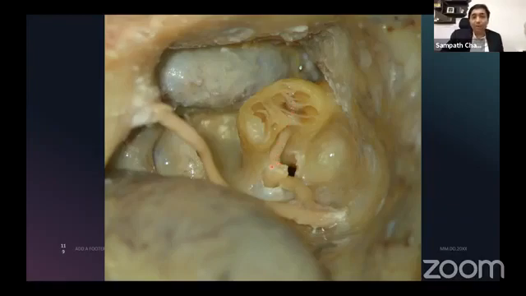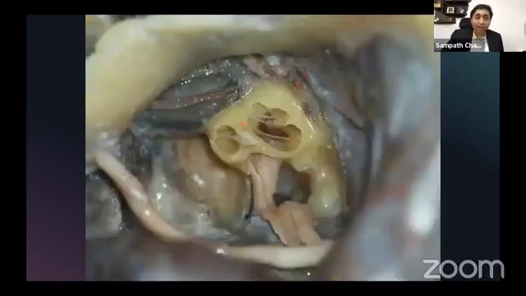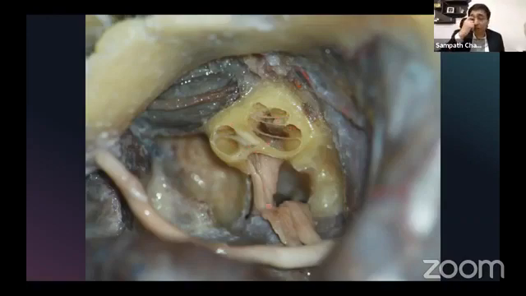Now all this is drilled out, completely drilled out. Again, the cochlea: you can clearly see the scala tympani, scala vestibuli, basal turn, middle turn, and apical turn of the cochlea. The cochlear nerve is beautifully seen. It's a very thick nerve. The cochlear nerve is the thickest nerve of all the 4 nerves in the